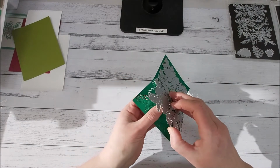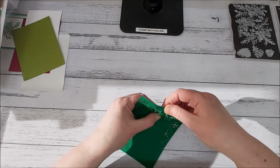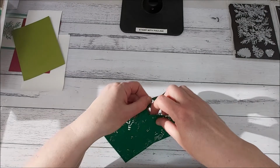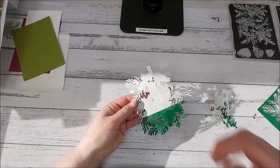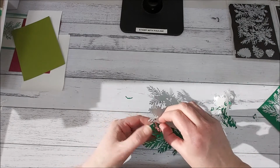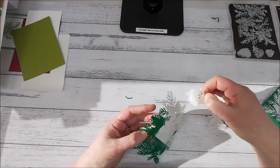All right, so now what I'm going to do is peel my die. Comes off really easy, and then just working all of this, going to peel away all of the excess. So just carefully manipulate that out of there. So now that I've got the outer side, I'm not worried too much about the inside, but what I'm carefully doing now, that is actually where one of the joins was. So now just carefully peel away this layer,